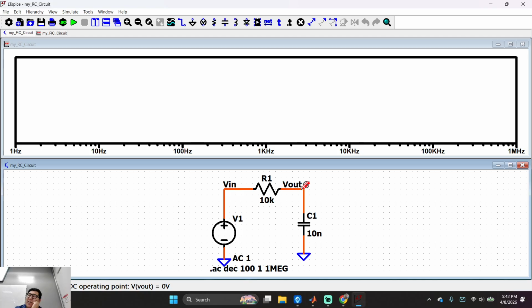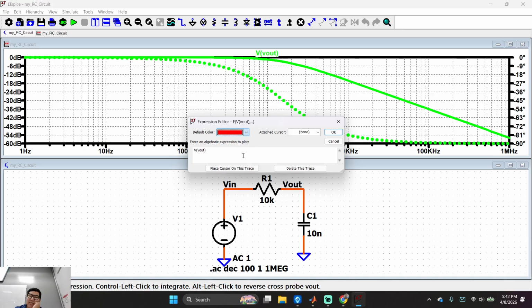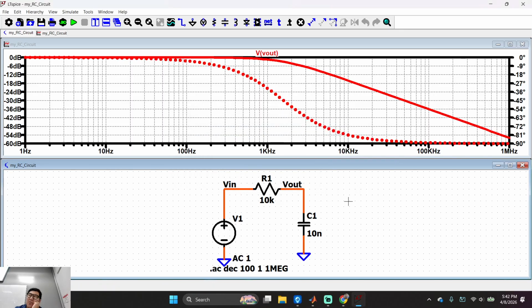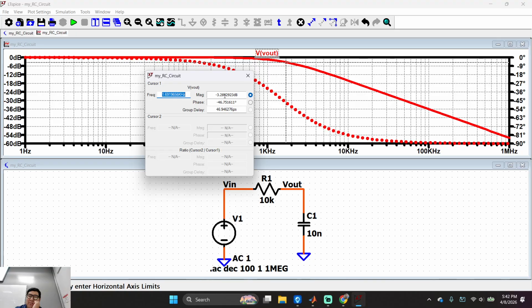So if I were to find it, let me just click on this. Actually, let me make this red. Pretty cool, right? Where would that frequency be? 3 dB, right? Let me just see where it goes 3 dB. Actually, here, you see these numbers right here? Minus 3 dB right there. I usually go with this one because it's easier to find the 45 degrees than the 3 dB.